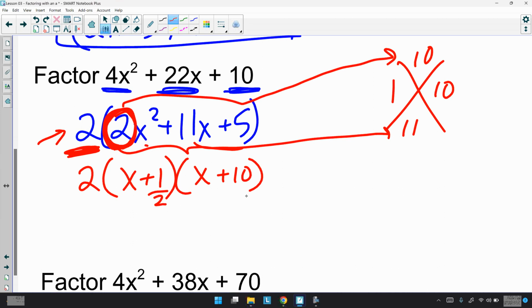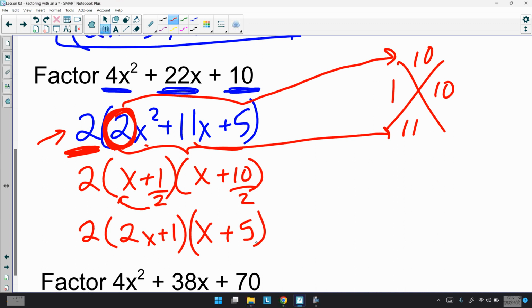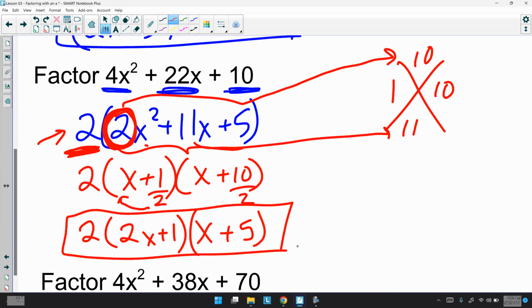1/2, well, that doesn't reduce anymore, so bottoms up. So 2x plus 1. 10 divided by 2 is 5, so x plus 5. And again, you could re-multiply that and get your answer. Since we are factoring, again, we cannot forget about this 2. Because if we don't have that 2, well, just real quick, and I'll just put this in green, real quick,